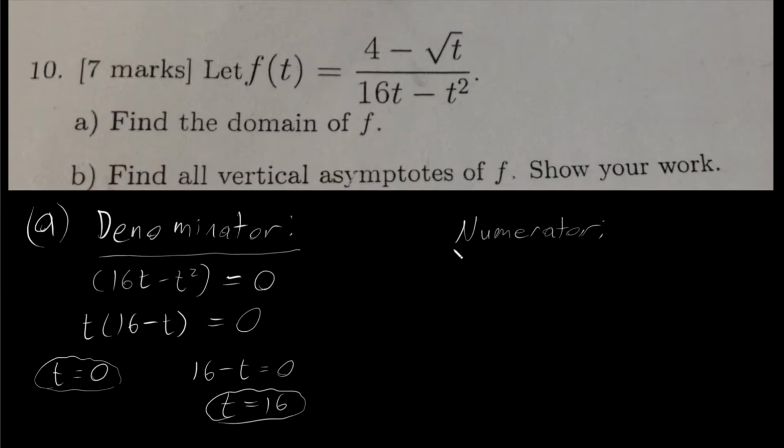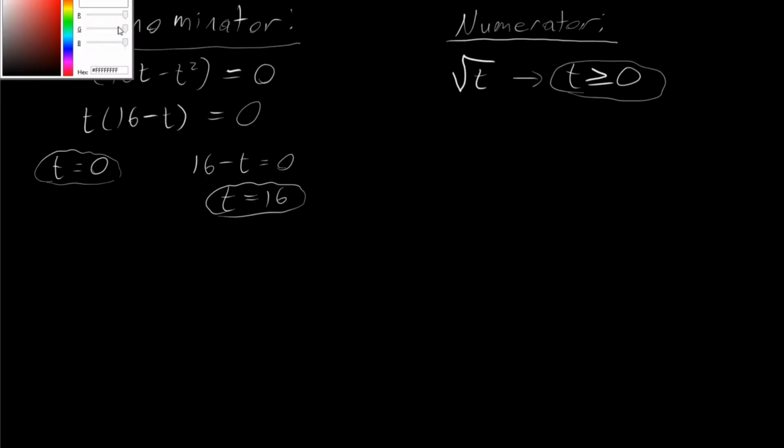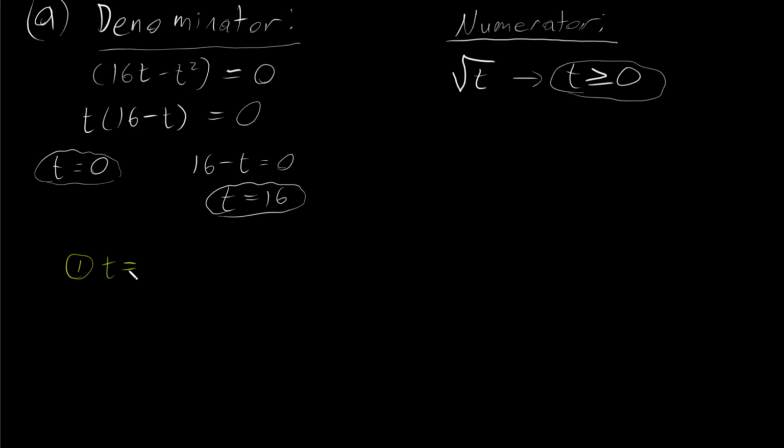How about the numerator? Let's see if there are any limitations of the domain of the function based on the numerator. So in the numerator, we have a term here that is square root of t. Now, based on this, we know that you can't put a negative number into the square root function. So from this, we know that t has to be greater than or equal to 0. So we've taken a look at what limitations we have of the domain of the function. So here are the limitations that we have. So we know that t cannot be equal to 0. We know that t cannot be equal to 16, and we know that t has to be greater than or